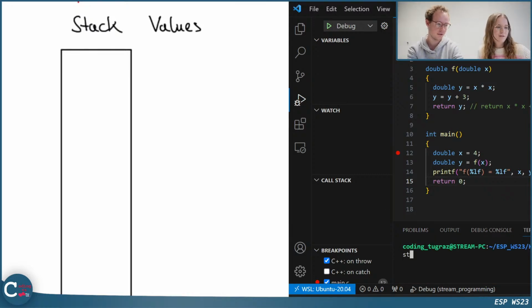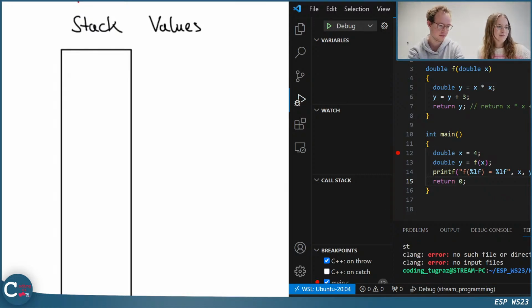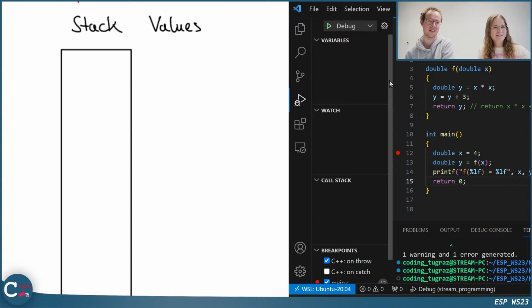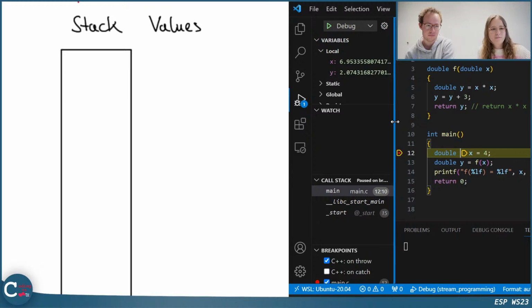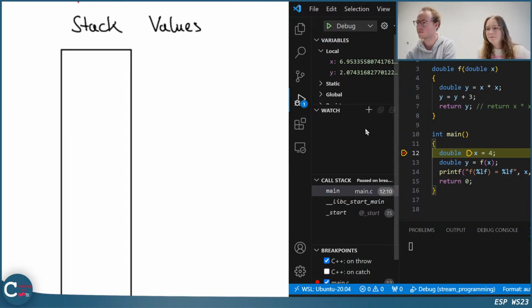Terminal. Okay, we are in the wrong terminal. So you don't see the mess that we have right now, but now it should work. Yeah, everything is fine. This looks very good.